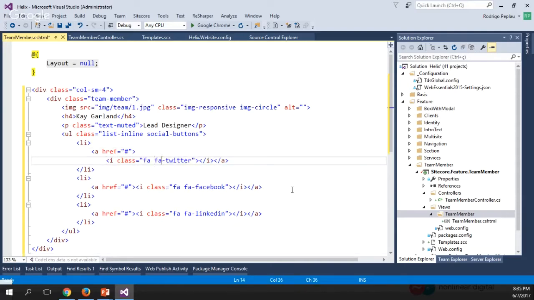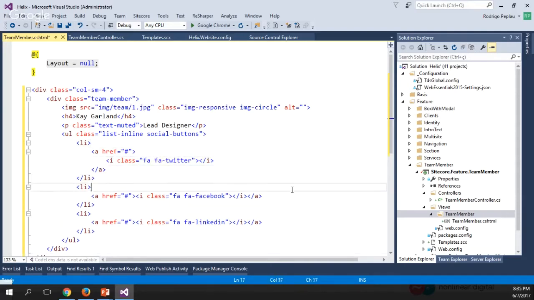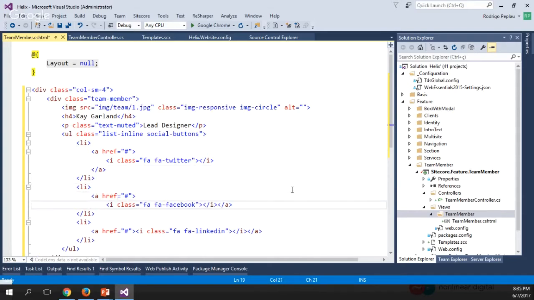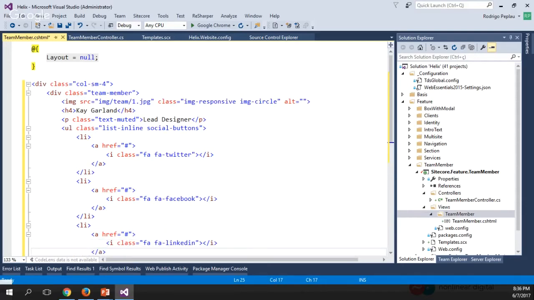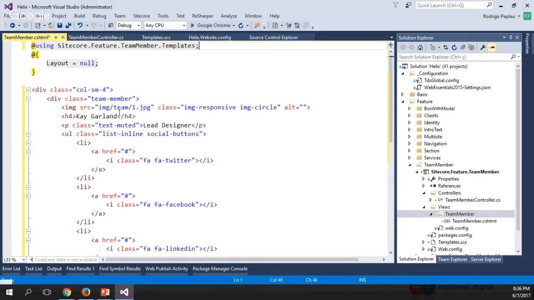Let me just do a small adjustment here. Good. So let's also add a reference at the beginning here, because I want my generated template code to be referred to here. Let's add a model type